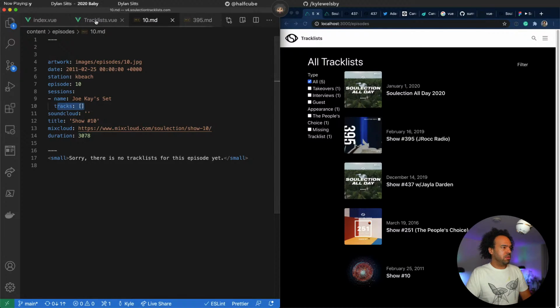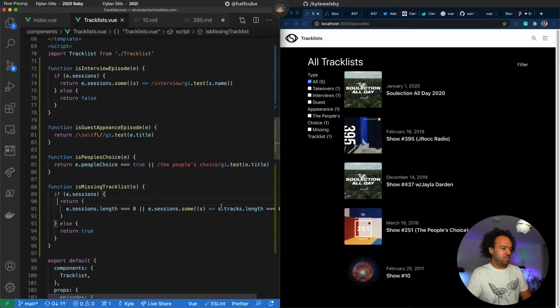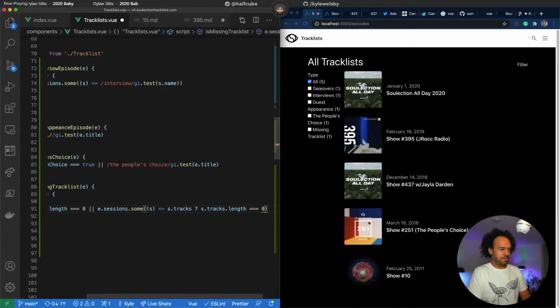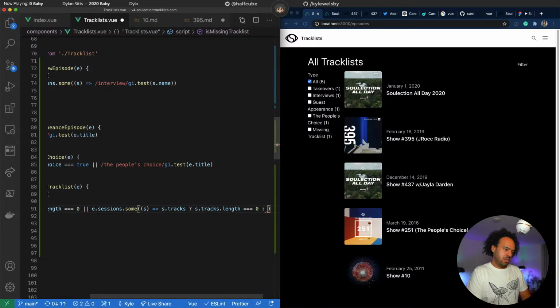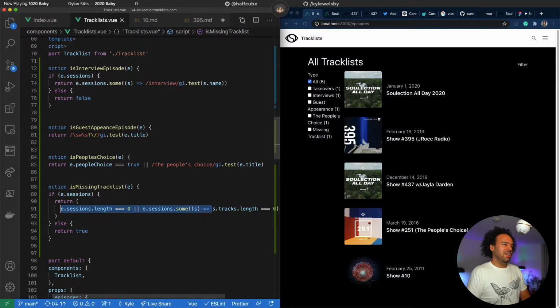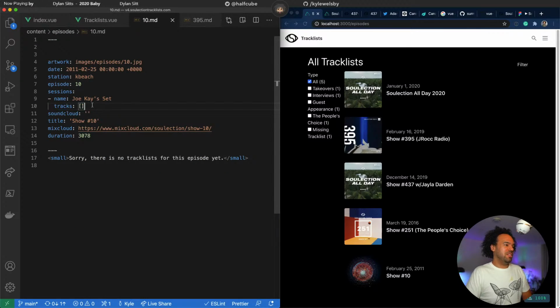So I'm tempted to put another guard in the tracks. I'm putting that ternary again. Or no. I assume that we'll always have tracks on that, the tracks array.